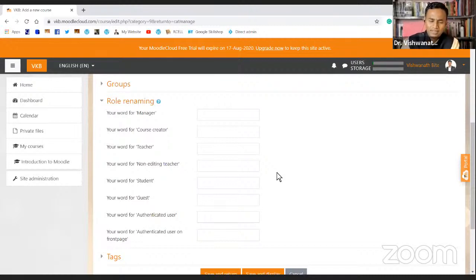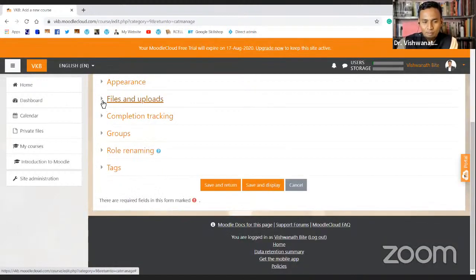So that is the role renaming, if you want to do that, so that the computer system or that PHP system will recognize all the roles, and there is nothing to be changed. Just ignore that setting. There are a lot of settings and things in Moodle, but half of it, if we don't know about it, it doesn't make any difference. So just ignore that one.